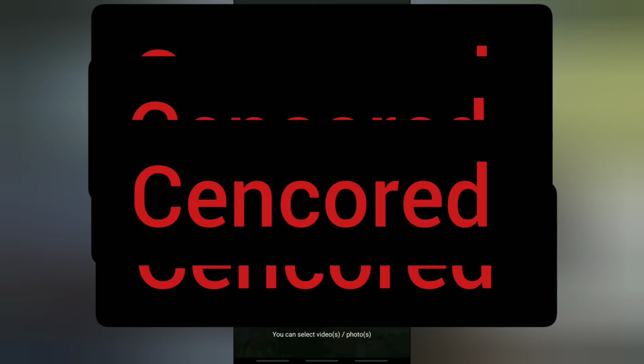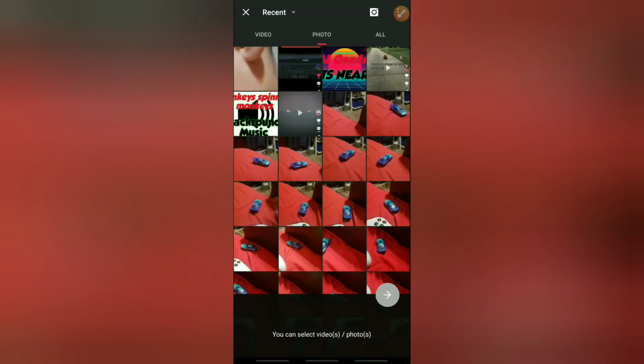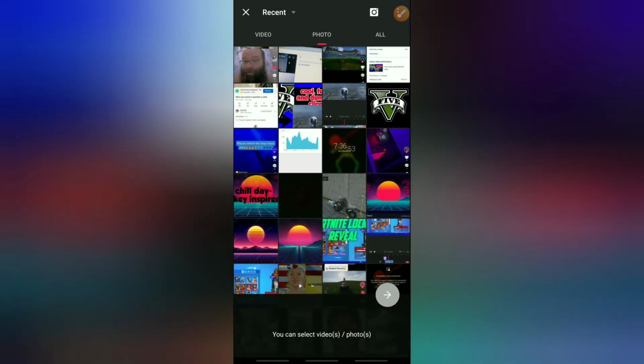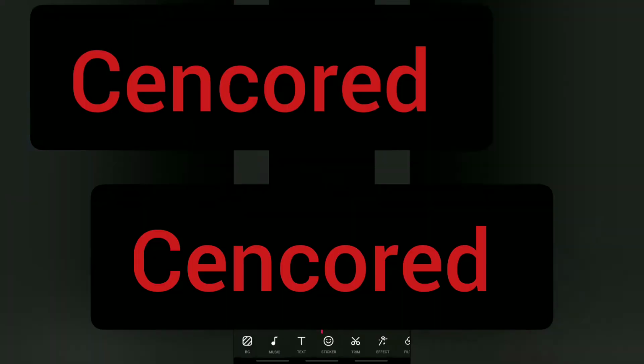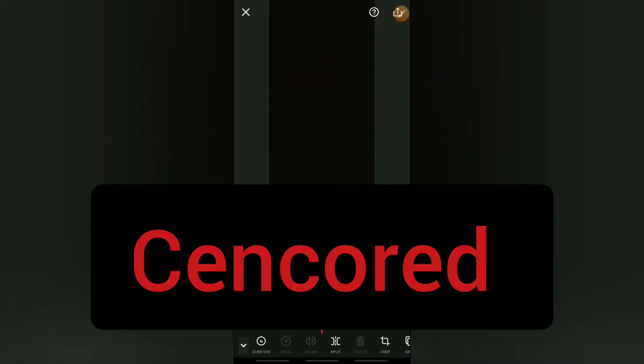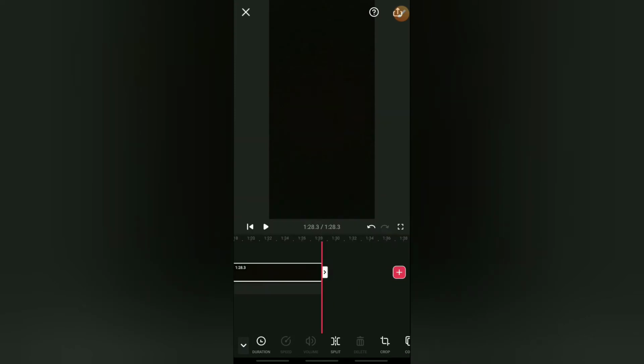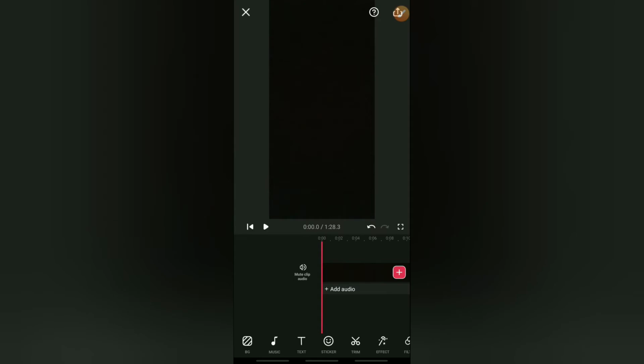So you could just take a picture that's black, anything, and then you can go to photo and pick the black. So like this. Once you do that, just make it as long as you want, and go to music